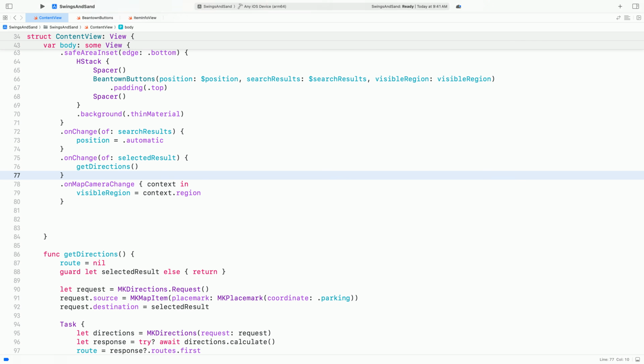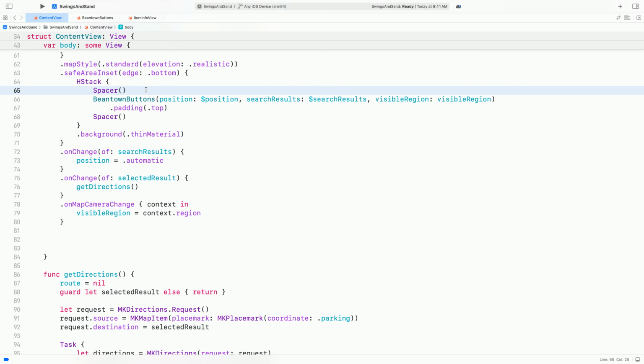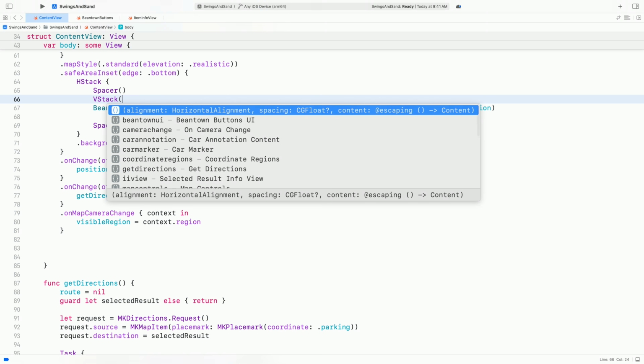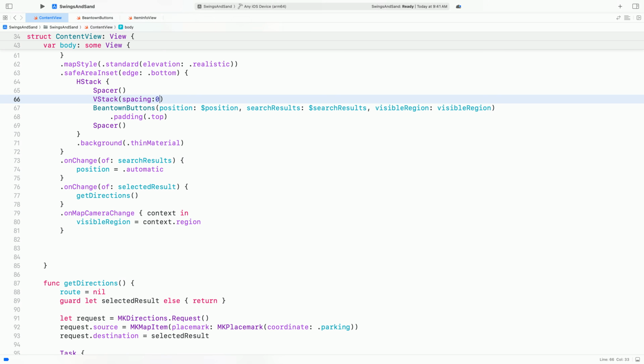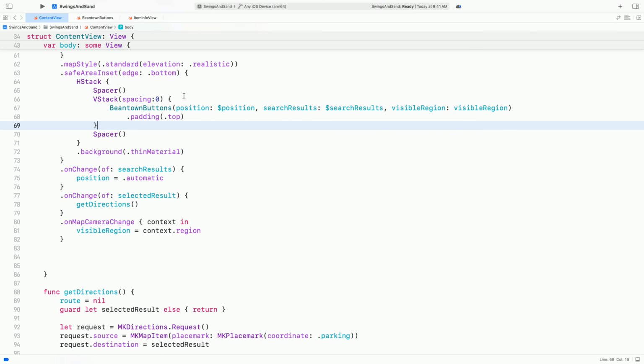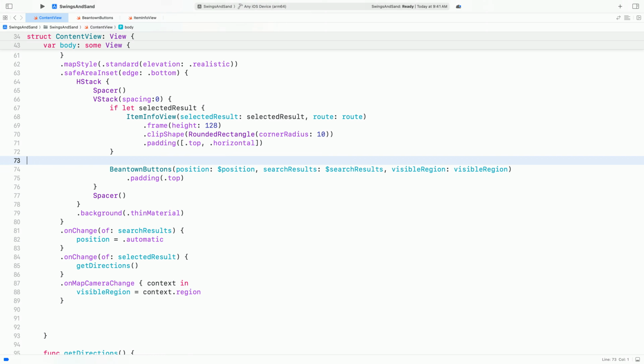I'll add another onChange modifier to call the function when the selection changes. The app will show our item info view when it has a selected search result.